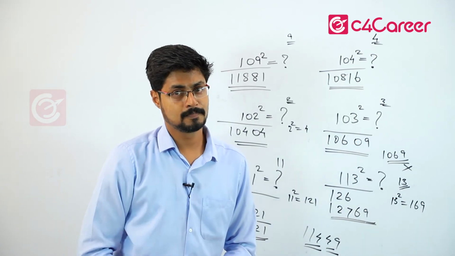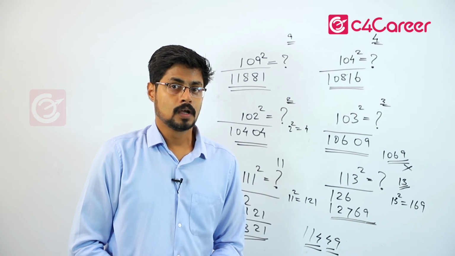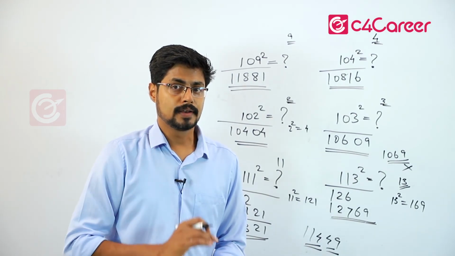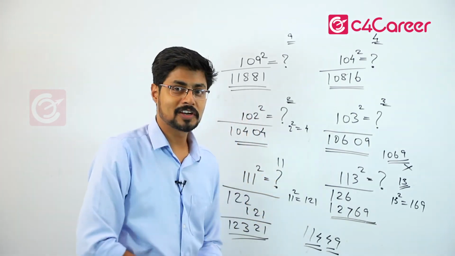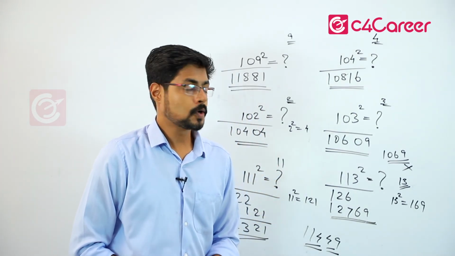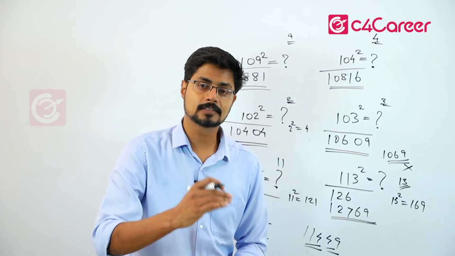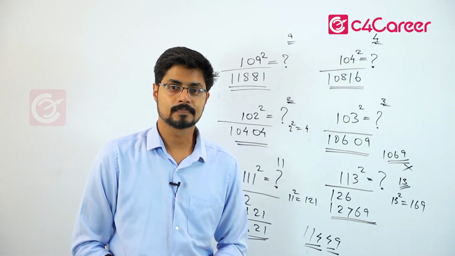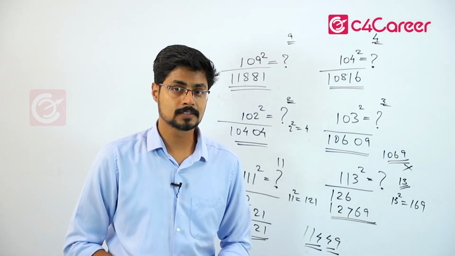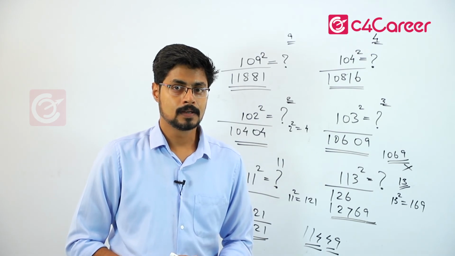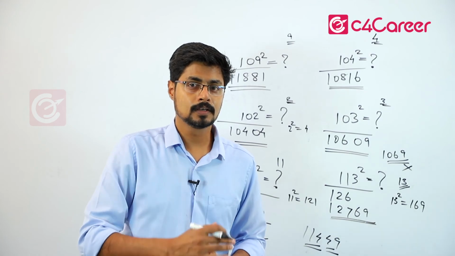Let me give you one more. What is the square of 109? I am sorry, it is already there. Let me give you a different number. Let's pick something which is not here already. What is the square of 106? Just quickly imagine in your mind. What will be the square of 106? I think you would have already got it. The first part is going to be 112. The second part is going to be 36.